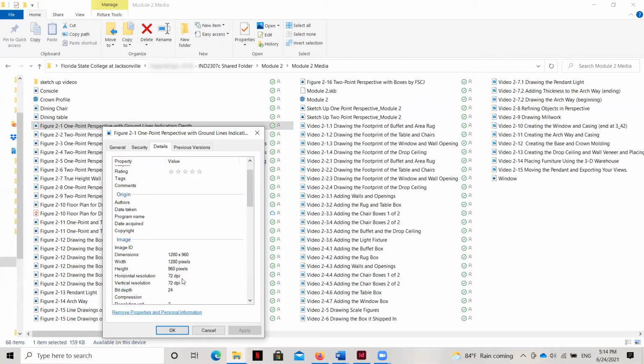Now, it'll still look good up to a certain point, but if I stretch it too much and then later on when I export my portfolio, it looks pixelated, or when I preview my portfolio, it looks pixelated, then I have to go right back and scan it at a higher resolution.